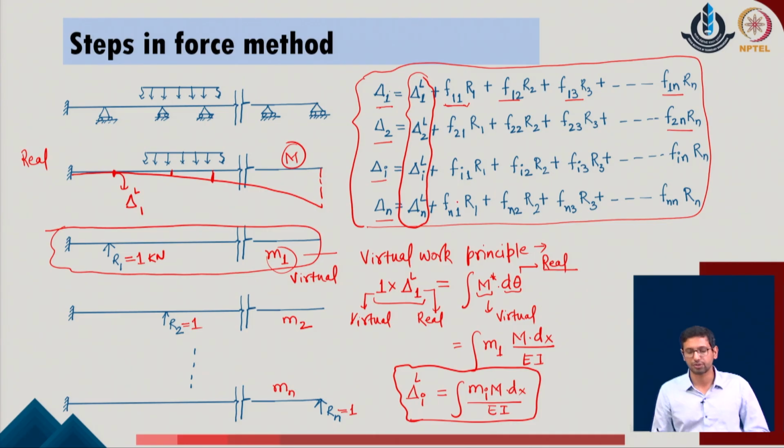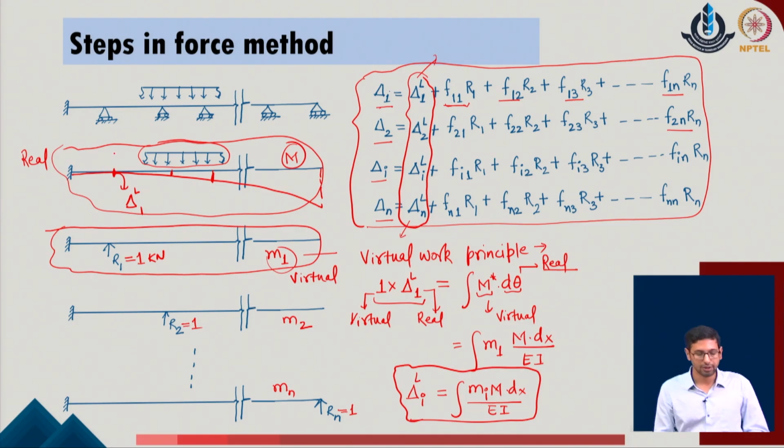Now, as a representation of this given system, we can consider that while evaluating the values of delta 1 with respect to the load, delta 2 with respect to the load, we need to consider the simple external load system as the real work system of the given problem. Whereas, when we need to evaluate the standard values of the flexibility coefficients, we need to consider these individual systems for analysis. Now, to take a simple example, let us go with the calculation of delta 1 L in the given problem. We understand that delta 1 L, which is the deflection over here, is due to the external load which is applied on the given problem.